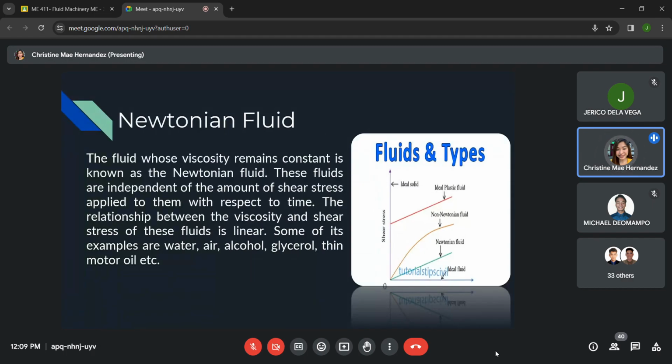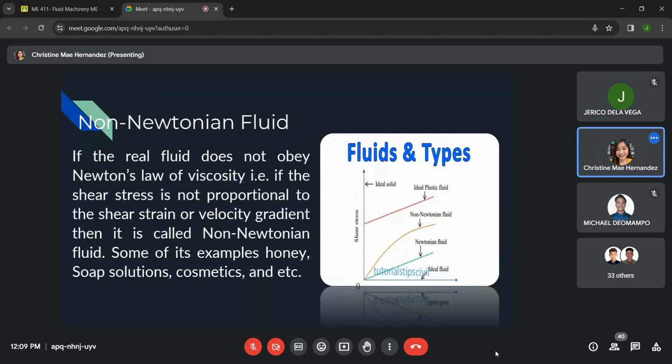Pagka-steer nyo kay water, ganun pa din pag tinigil nyo, ganun pa din yung kanyang viscosity. Pag minix nyo, ganun pa rin. Walang nagbabago. So, meaning, ang kanyang viscosity and shear stress o yung ating fluid daw ay linear kasi walang nagbago. While si non-Newtonian,